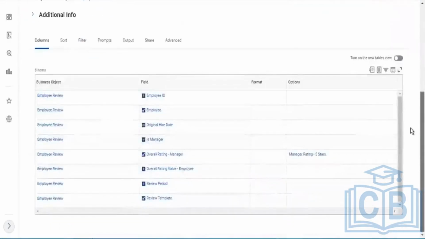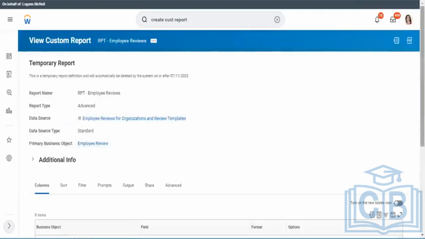Additional data can be added based on business requests, any kind of additional values they wanted to have. I just added the basic information, but more information can still be added. And again, as I said, these kinds of reports can also be created with the worker business object, which is the primary business object in Workday.